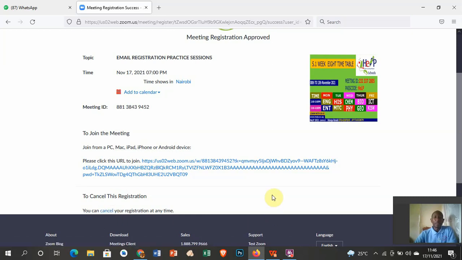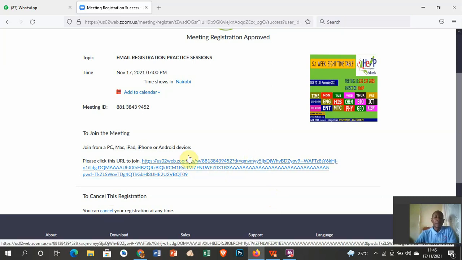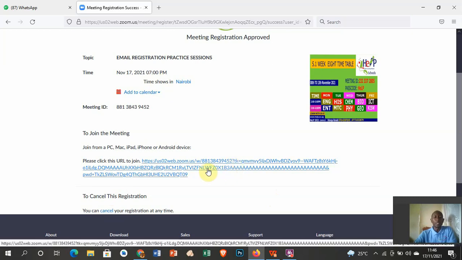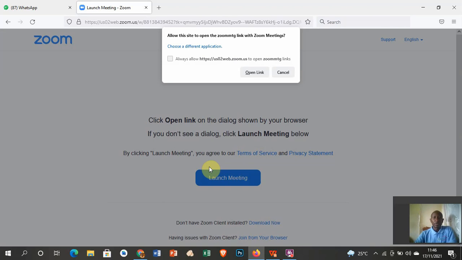But since I'm interested in joining this meeting, I can test this meeting link before 7 p.m. to see whether surely I'll be able to join this meeting. So let me click this URL and see what happens. When I click on the URL, it quickly takes me to Zoom where I'm supposed to launch the meeting, and then a message appears: allow this site to open the Zoom link with Zoom meeting. So all I have to do is select open link,